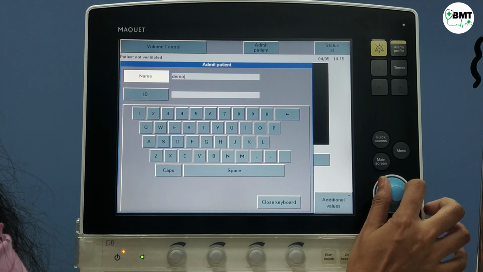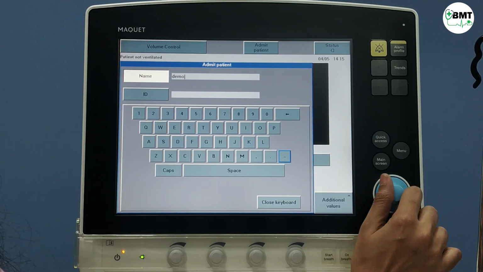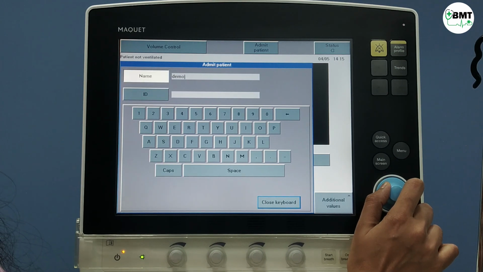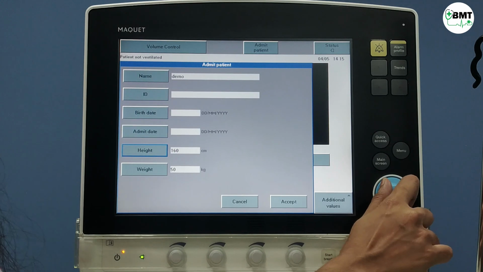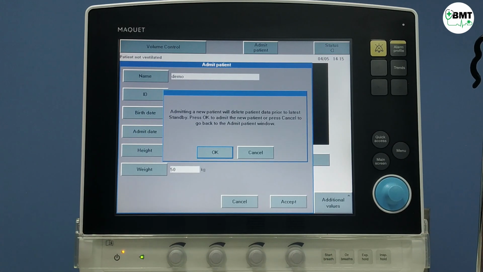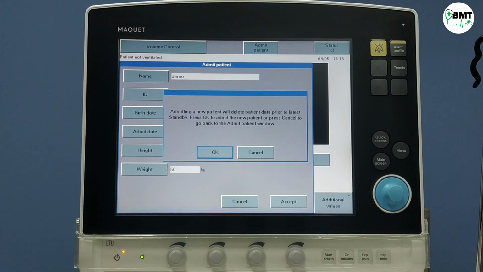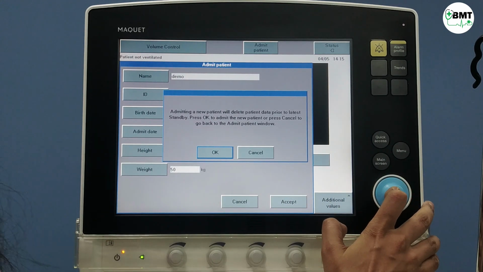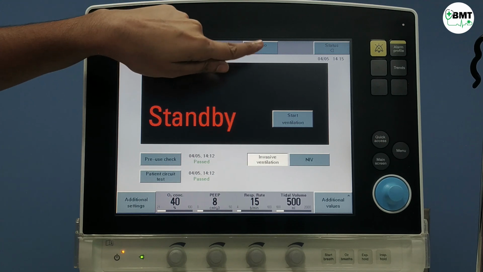Done. Once details are filled, close. Accordingly, fill the details and then accept. Before accepting, it will ask you whether to delete the backdated data or not. So I am clicking yes. My patient name will come over here.